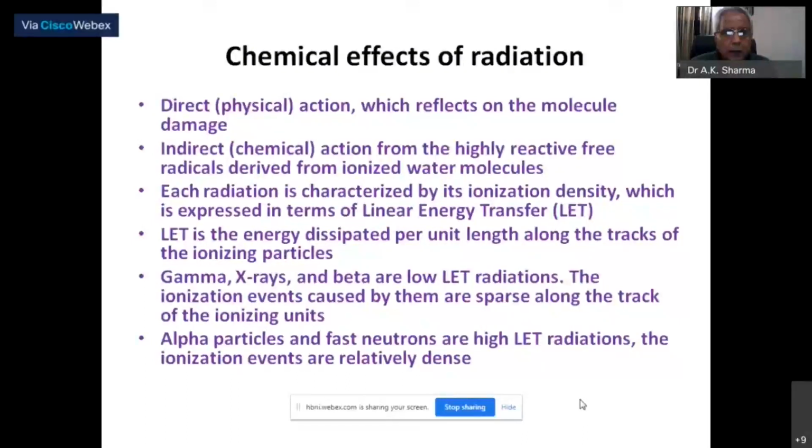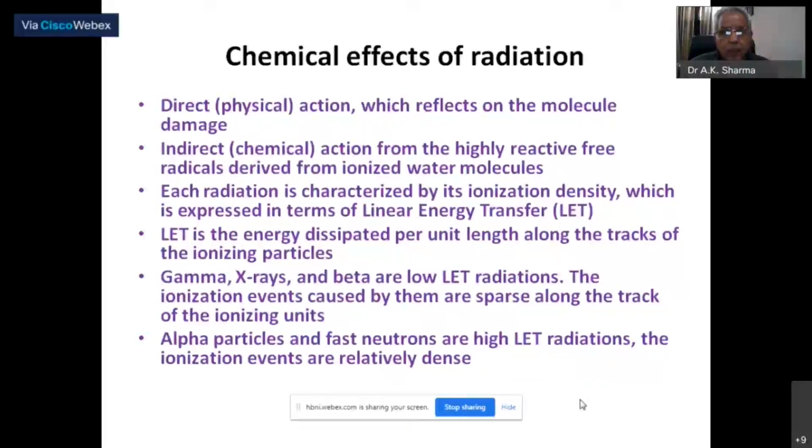Now, we have already seen the type of radiation that is normally used in mutation breeding in our atomic energy setup, which is mainly ionizing radiations. For ionizing radiations, we should know how they affect, what their mode of action is. It is very important to know as background how they are causing these mutations.